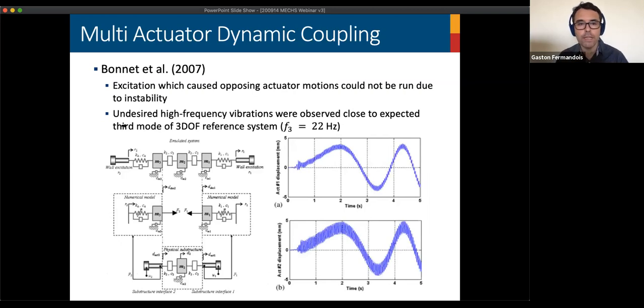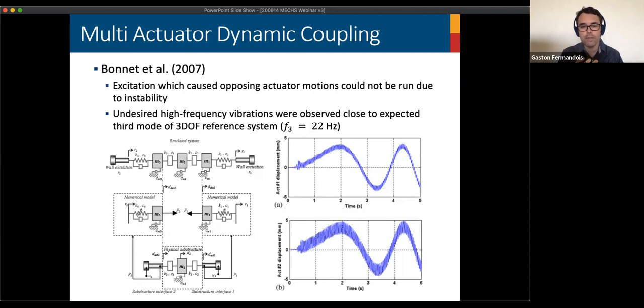Then we have Bonnet et al. in 2007, where they had an experimental setup with 3 masses connected with springs. At the ends of the first and third mass, we have actuators that impose the motion of this 3-degree of freedom system. And they found out when the springs between the masses were selected to be very stiff, or basically they were rigidly connected,